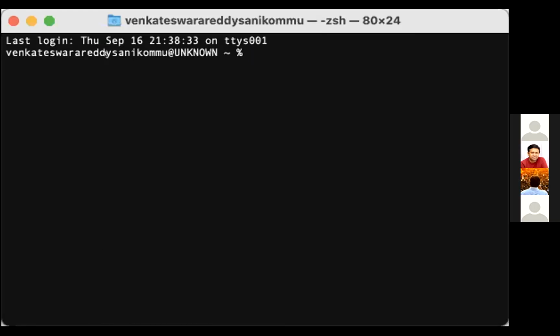Because you may have multiple screens, right? Yeah, it will only share one screen. Okay, that's fine. Yeah, type minikube dashboard.